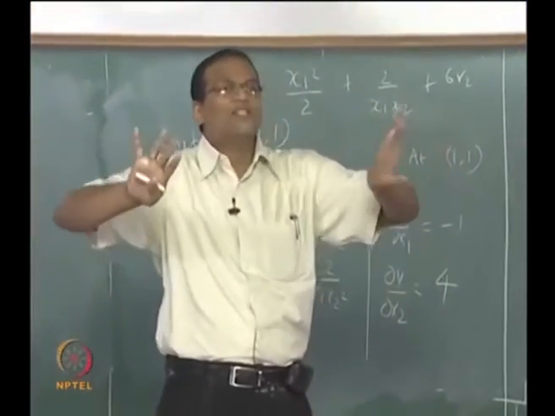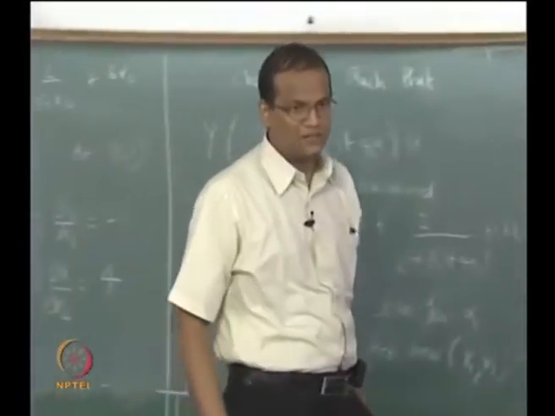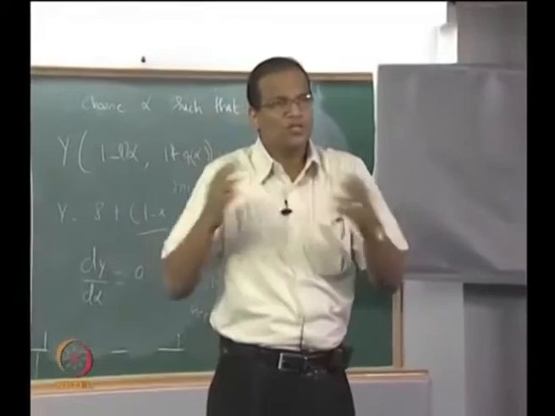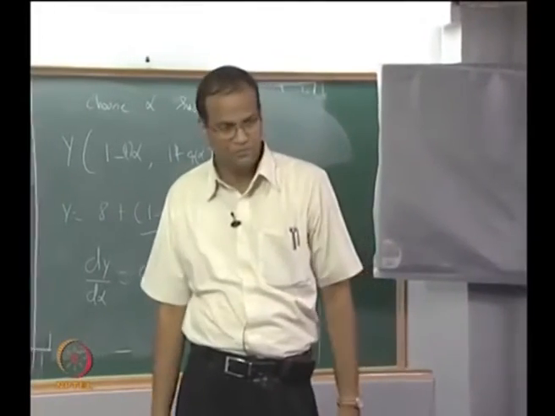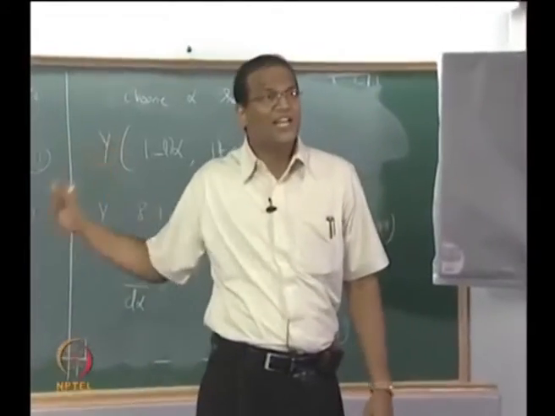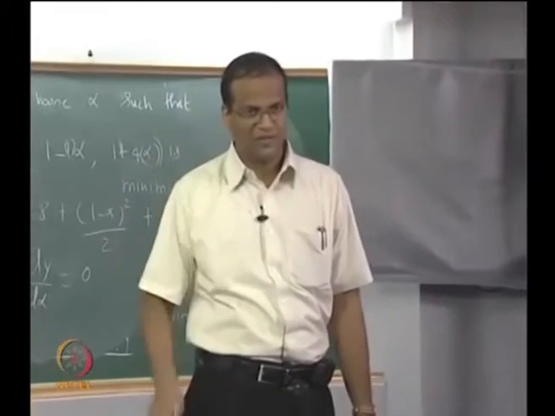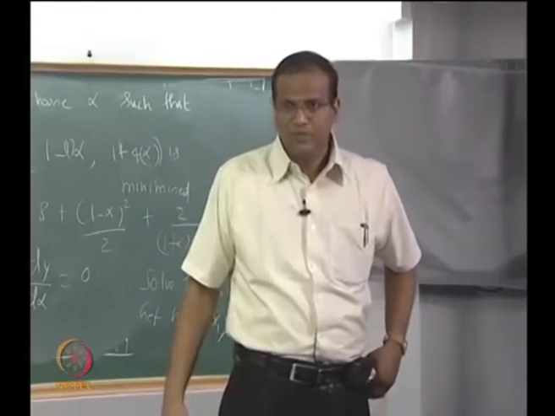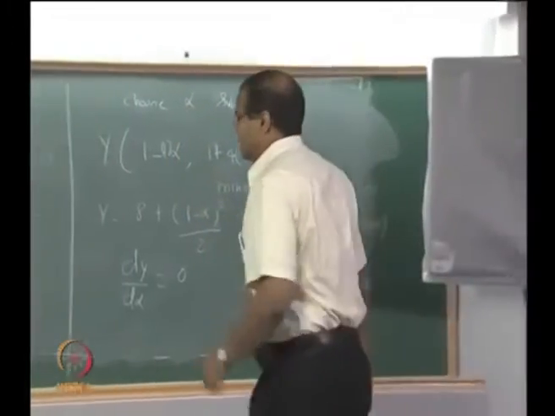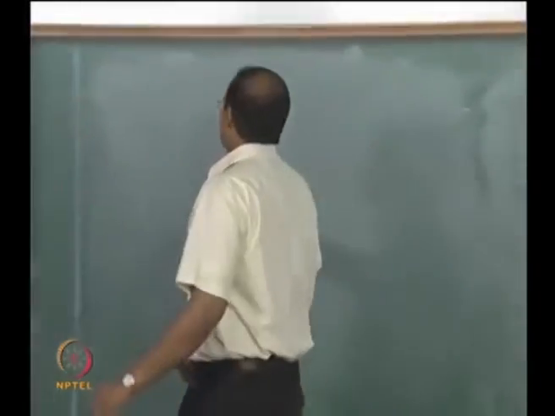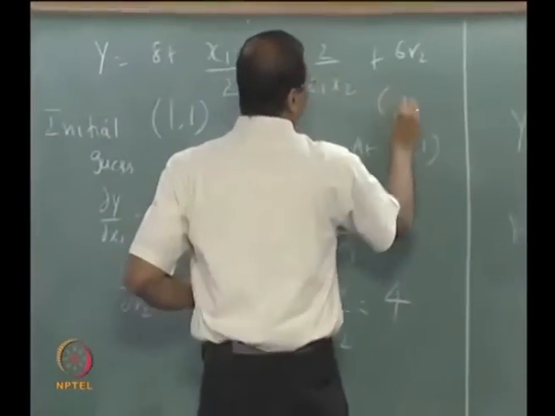You convert it into a single variable optimization in alpha each and every iteration and use the most sophisticated single variable search to get the value of alpha. This is the clinically correct Cauchy's method. What I taught you before is not the actual method, but it becomes very difficult, that is why I taught that first. Let us try this. So this is the Cauchy's method. What I have told you is the Cauchy's method.